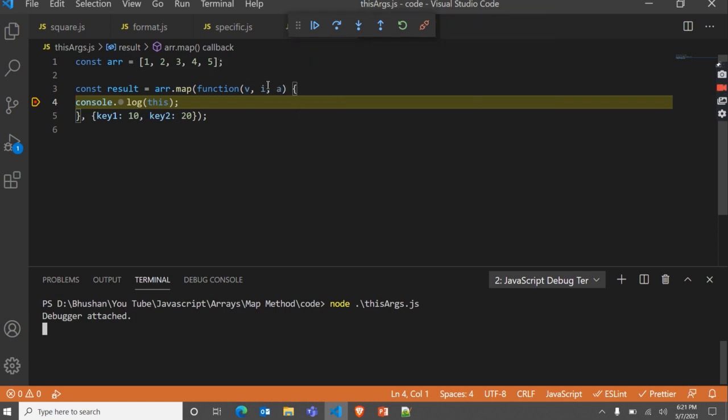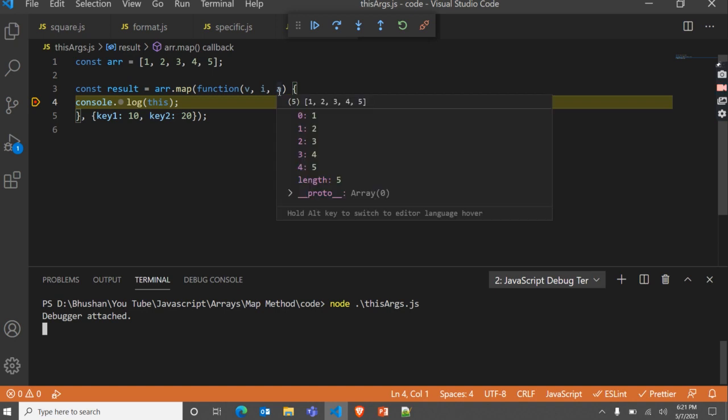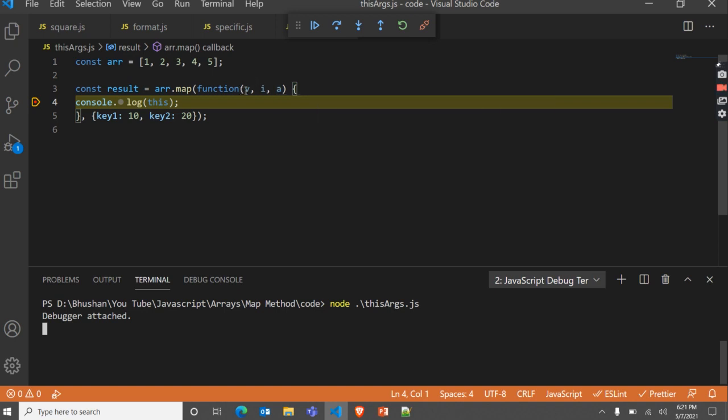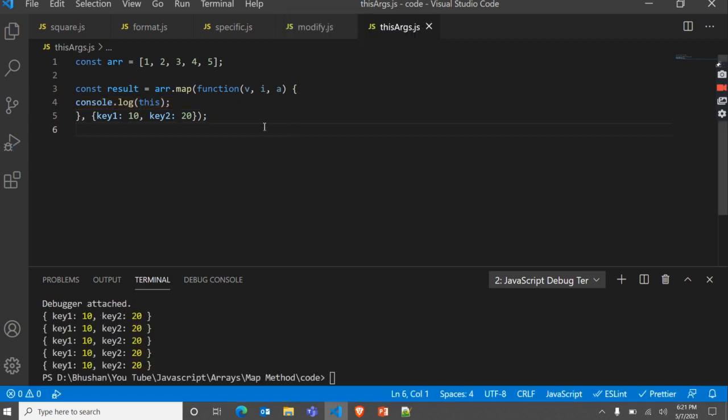Array is this whole array, the array on which we are performing this map method. So we can use these 3 parameters if we want. Sometimes we want the index of each value, or sometimes we want the array itself, then we can use this. So the map method is useful.